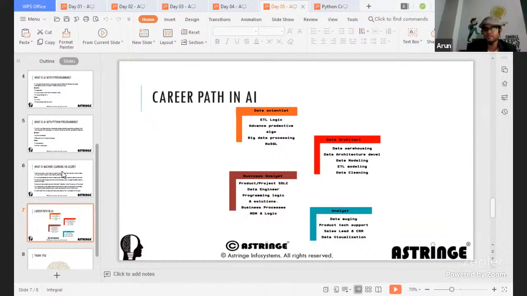Analysis also covers product tech support, sales lead, and so on. There are a lot of other things possible in the data analyst space. So data scientist, data analyst, data architect, and business analyst, all four are suitable career options for anyone to start off in AI, right?